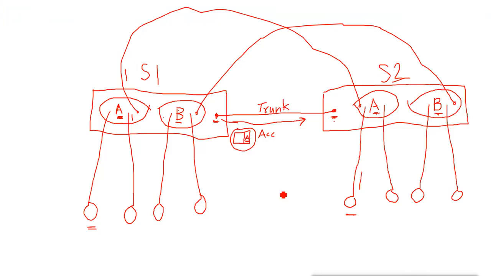So when we convert this port to a trunk, it will go to the other switch. Whenever any data goes out from this port, it will have a tag of its own VLAN. If it is coming from VLAN A, the tag will be the VLAN A ID. If it is coming from VLAN B, it will be tagged as VLAN B. So when switch 2 receives the data, it will open the packet, see which VLAN ID is there, and based on that send the data to that particular VLAN. So instead of connecting these direct links, we can connect with only a single port.